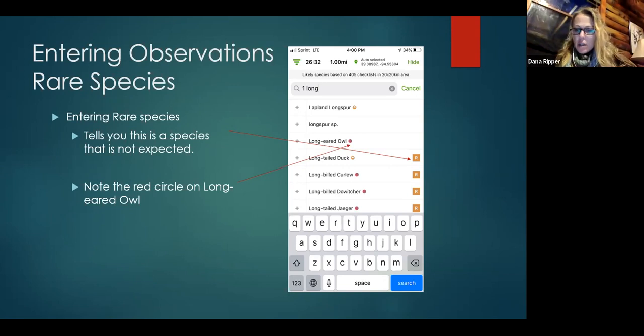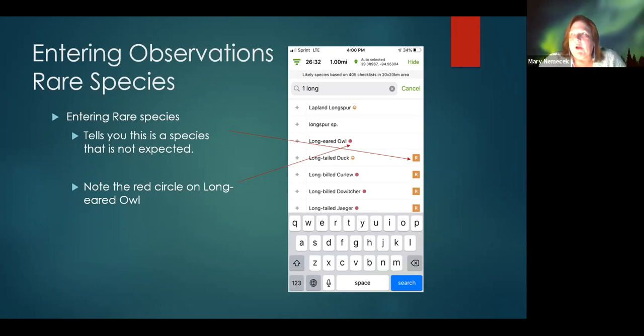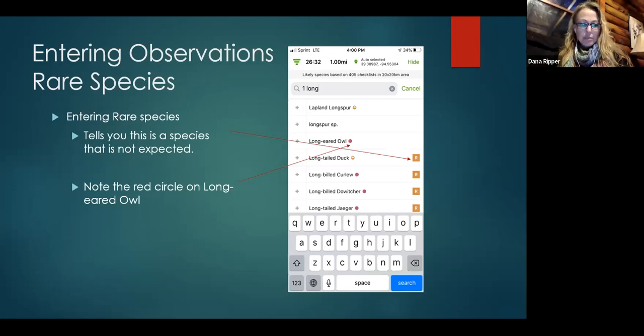Mary, another question came in that is related to this slide and the last one as well. If one is birding an area that is not birded often, does that mean more reports are likely to be flagged because of the list rules? No, and I'm going to go into how we set up the filters in just a second. So I think that question will be answered. And if it's not, ping me again. Let me know. Great, thanks. Are we caught up? Okay.